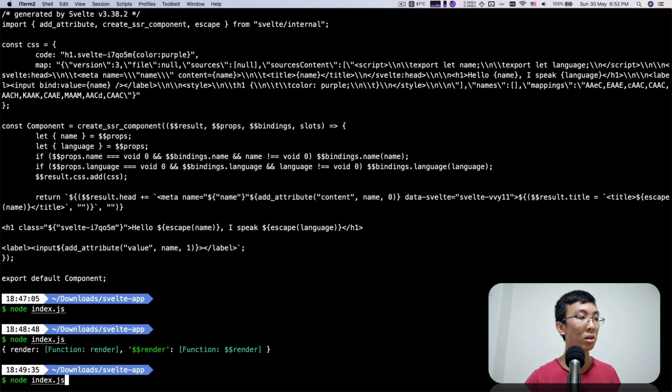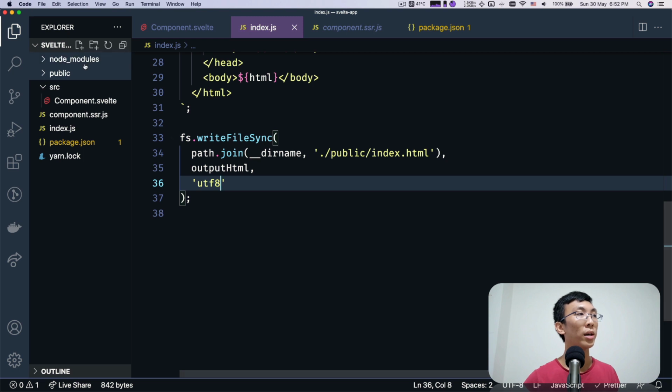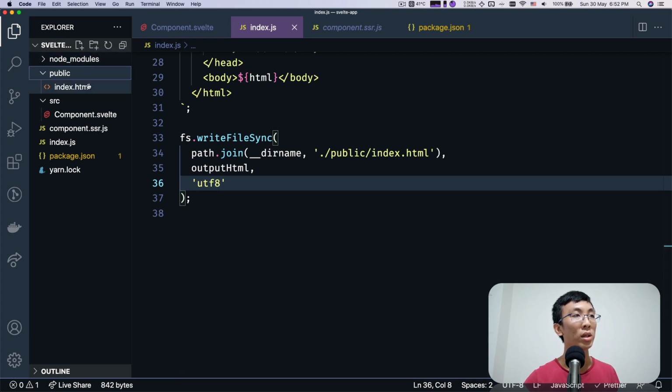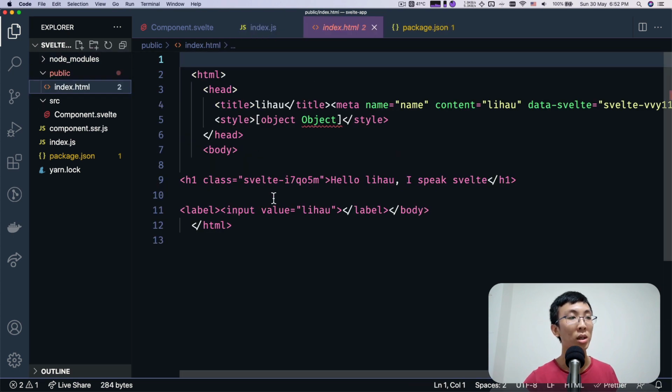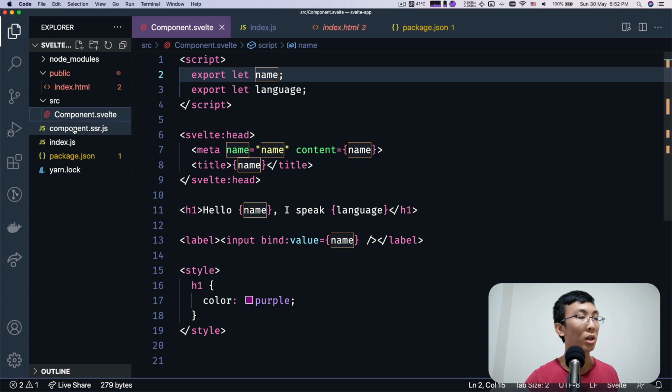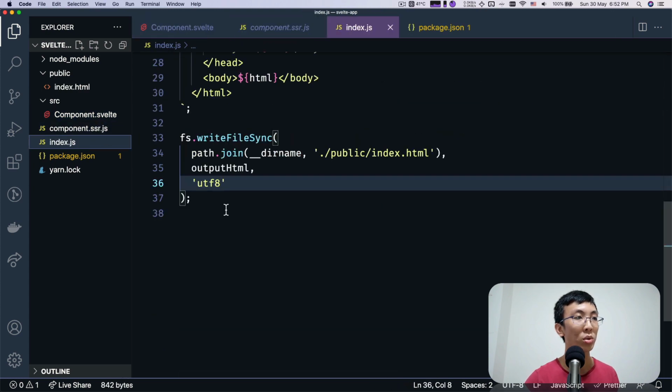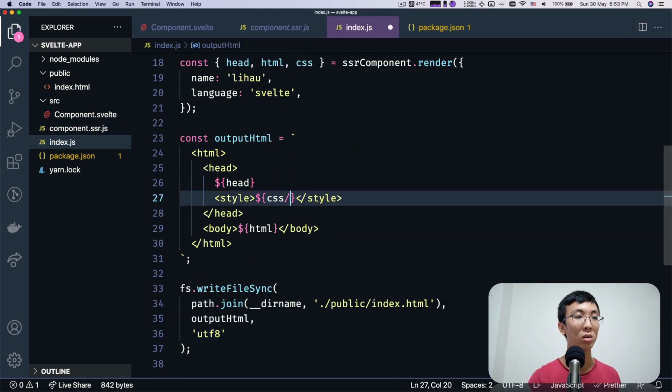So when I run this, you see that now I have a new file over here and it has all our content. So wait, hold on. CSS is not a string, it's an object, so we will have to write the css.code in.